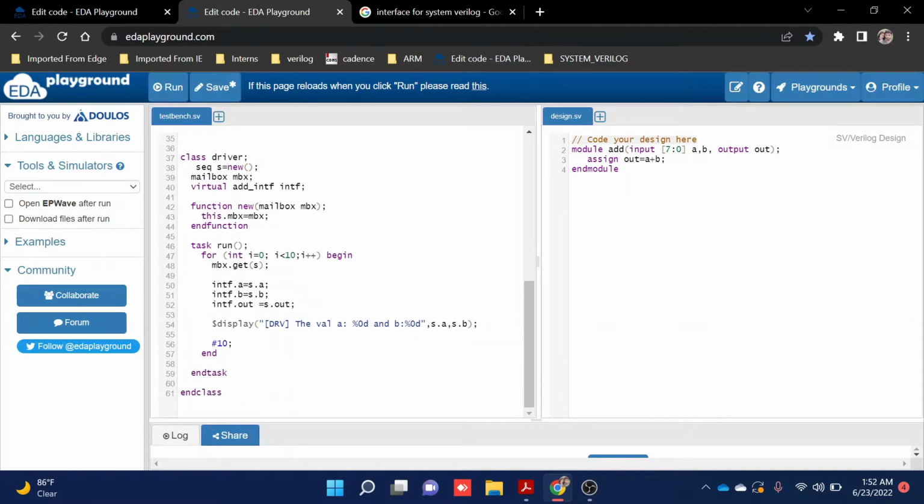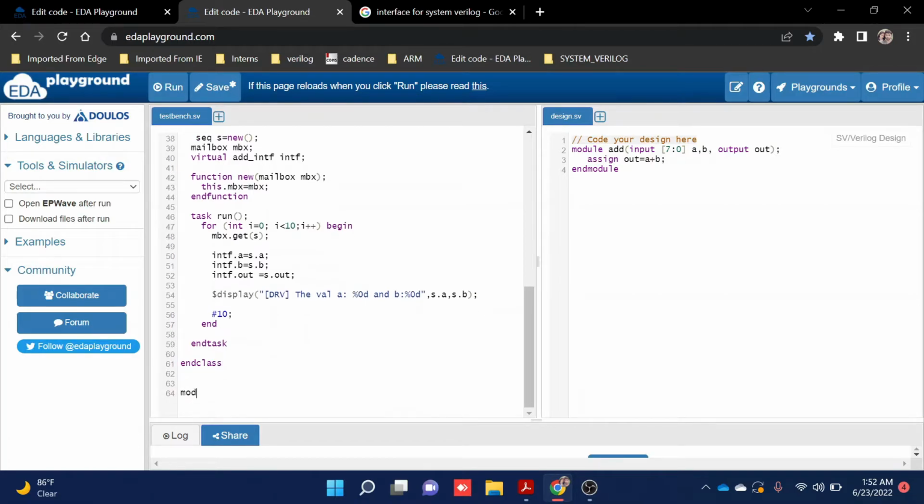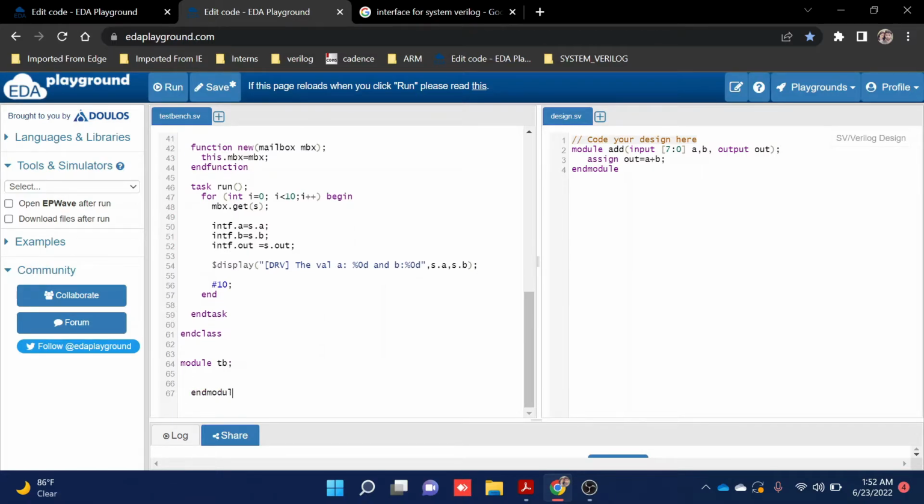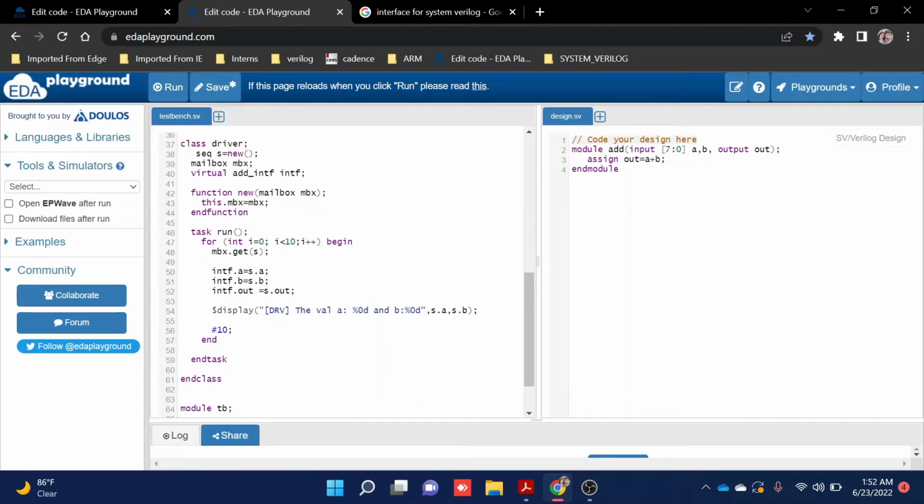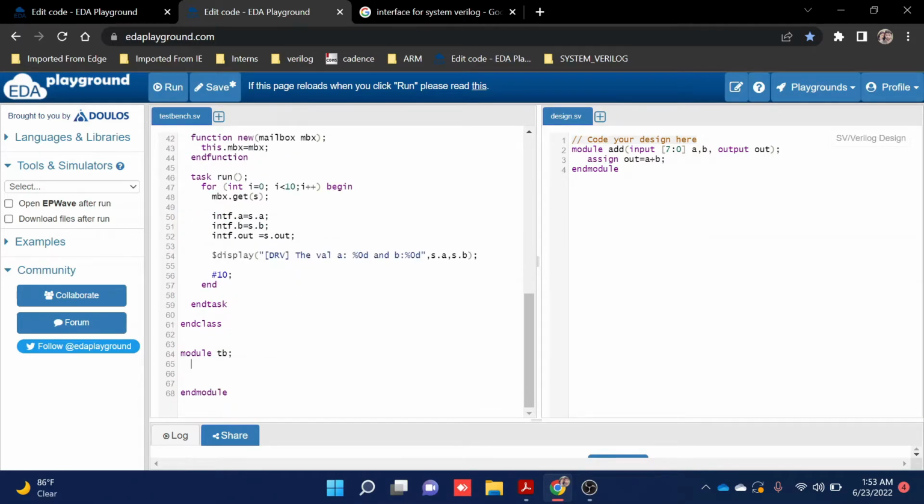So yeah, after sending into the driver, what we are trying to do is make our module tb, like module testbench. Once you write that, just end the module. Then we need these two things, so I'm just copy pasting them, and this is the syntax. I'll be editing the virtual, and then writing driver